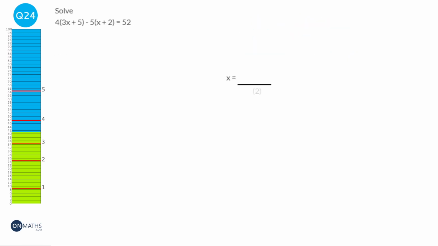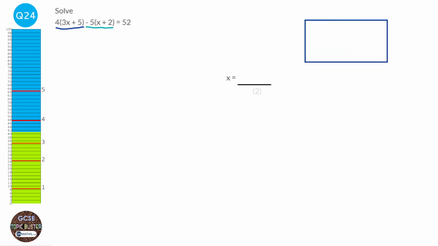Whenever we solve, we've got to get rid of any fractions or brackets first. Now looking at this, there's no fractions, but there are 2 sets of brackets. We've got the set of brackets here, and we've got the set of brackets here. So we're going to expand them to get rid of them. And you can use any method you want. I'm just going to use this kind of grid method. So we're doing